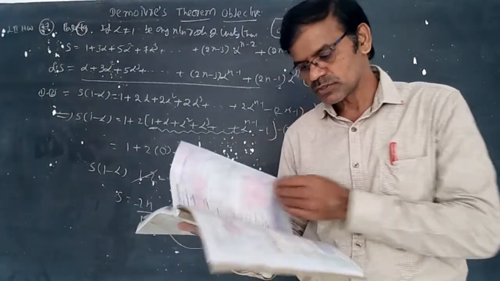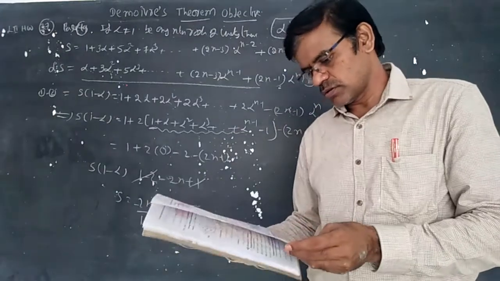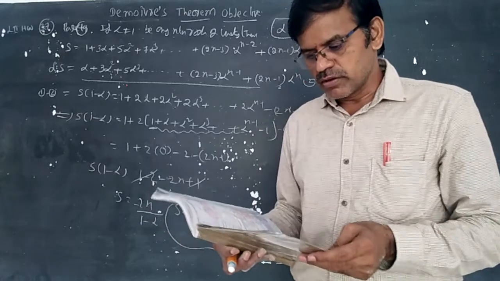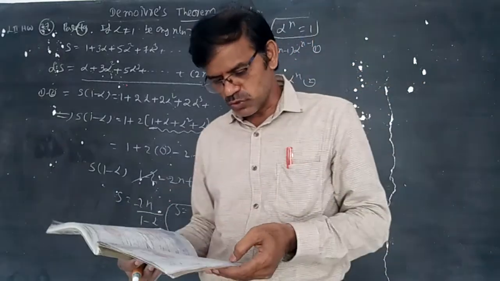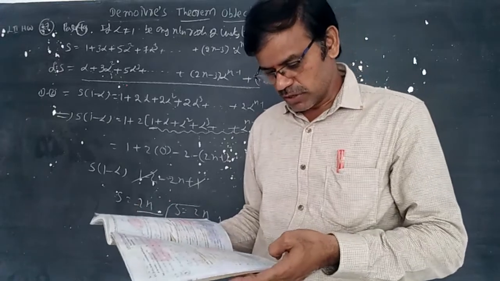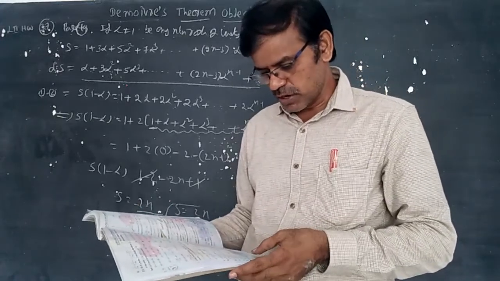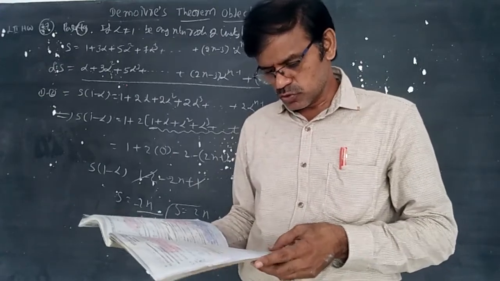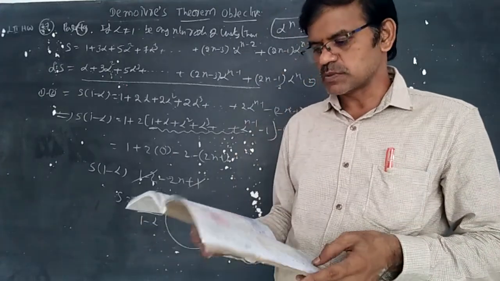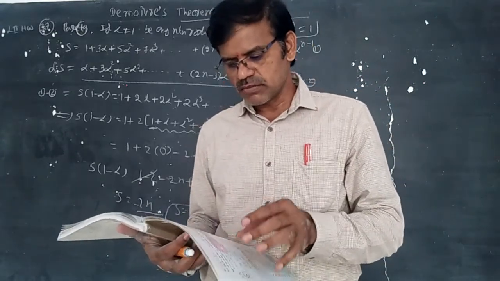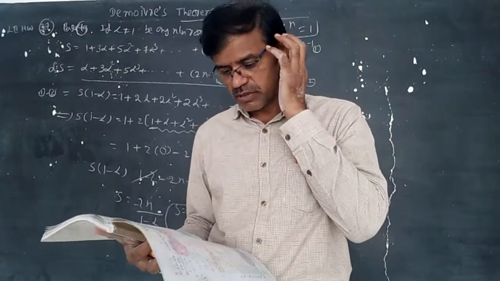Open page number 40. Students, maximum concepts we have covered. Cube roots of unity is there. Of course, you know the formula and everything. No need to discuss all the formulas like this. Cube roots of unity, modulus z is equal to 1, divide the circumference into 3 equal parts. Everything is given in the synopsis. Simply you can understand. And every sum, whatever the sum is there, we have discussed in IP also.